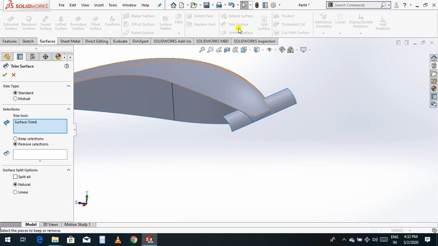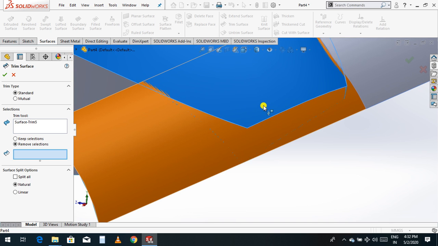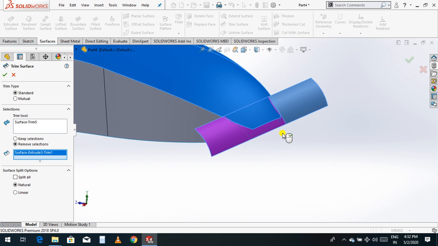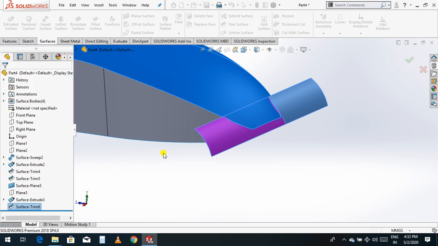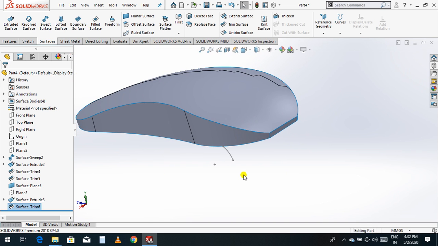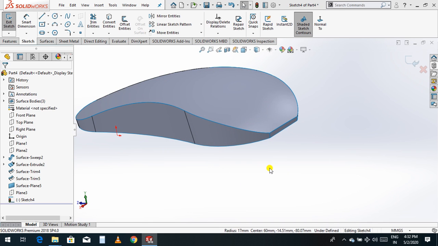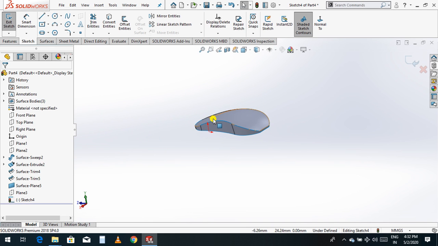Trim surface. I think just leave this one. Delete this one.